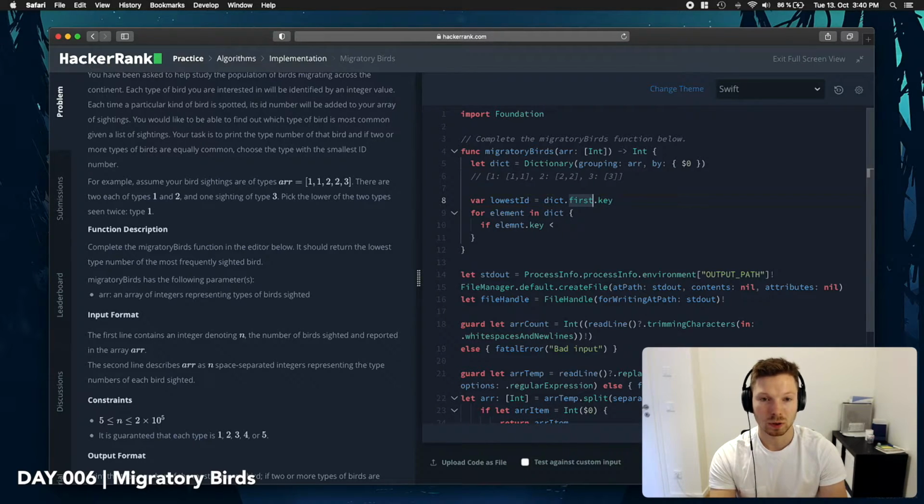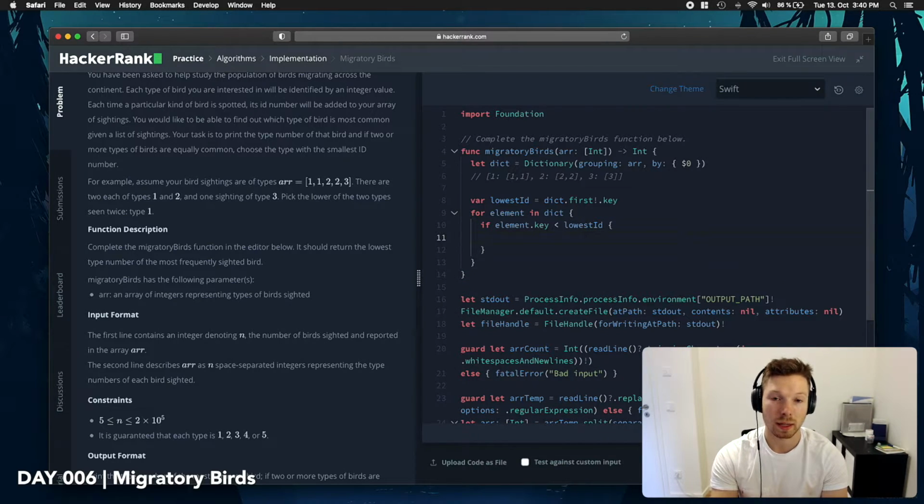This is optional. Basically, I could say force, because we know there's going to be an element there. Alrighty, so then let's just see if element key is smaller than lowest ID, then